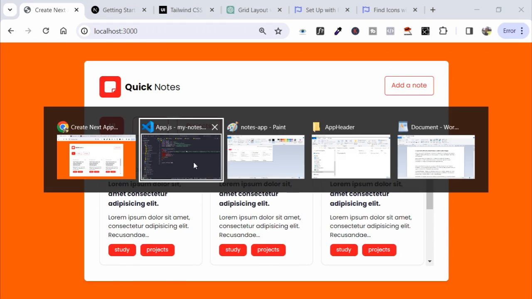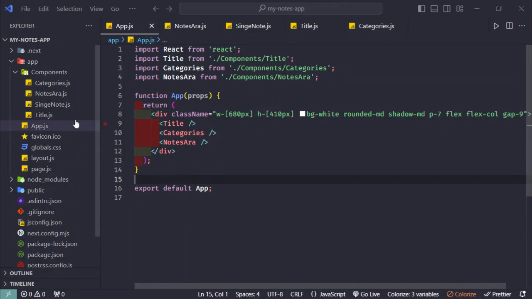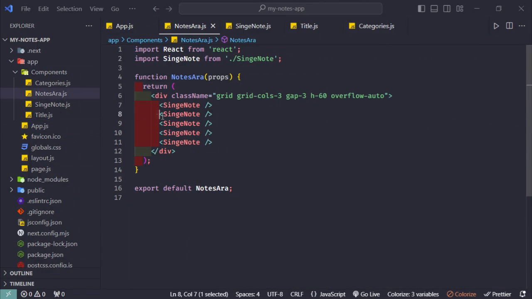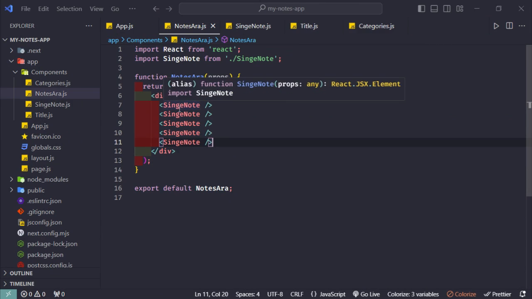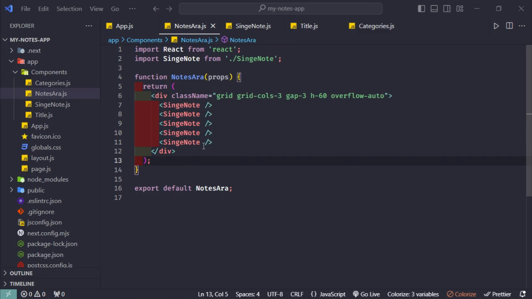So let's go back to our code and let's go to notes area. So I added some other single notes. There is a mistake here. I need to add the L here. So anyways,